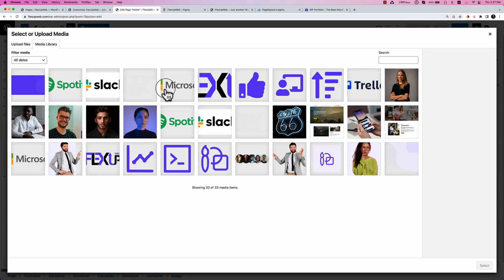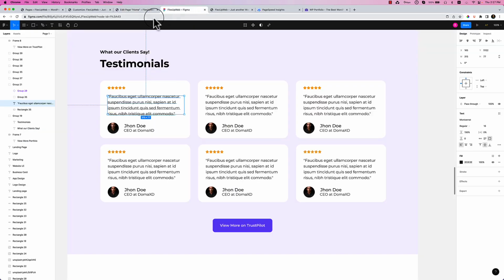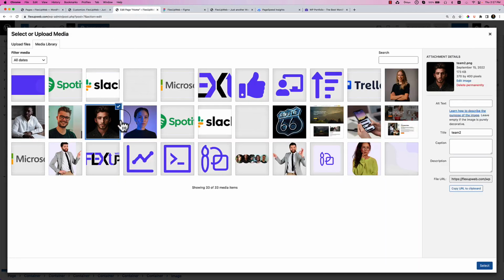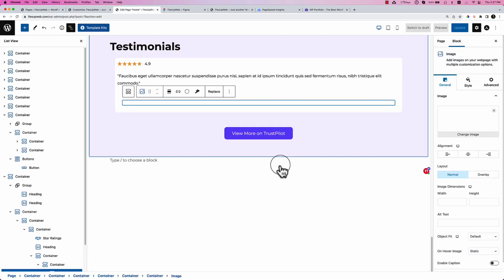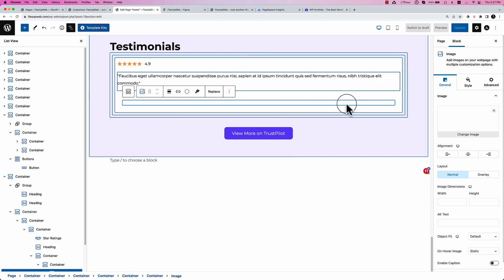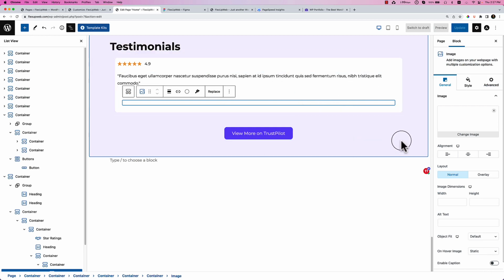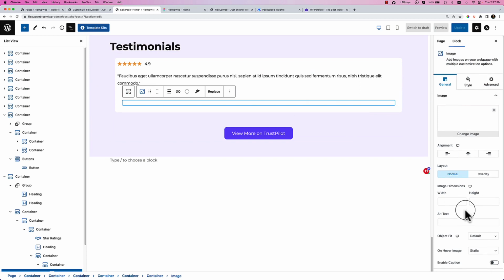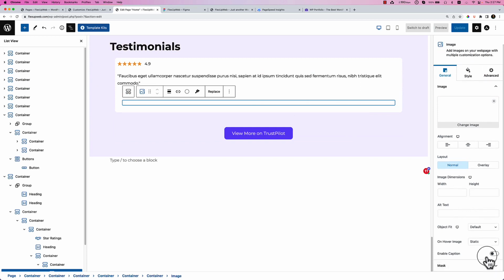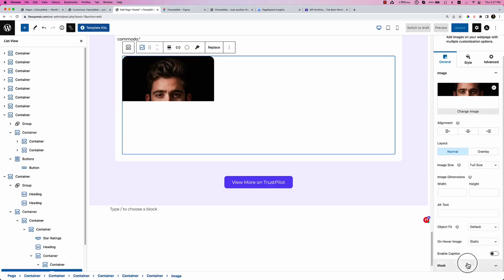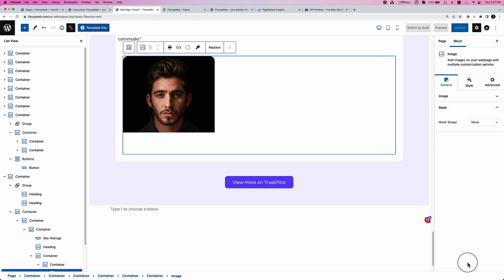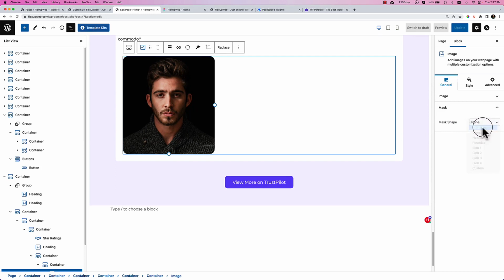When you just create a couple of pages or sections, it will be really easy for you. Now let's add this image inside our testimonial. So it takes time to load here. Enable mask. I would like to use circle,